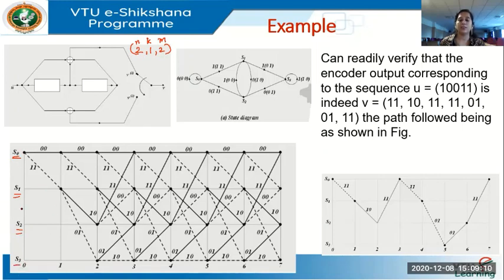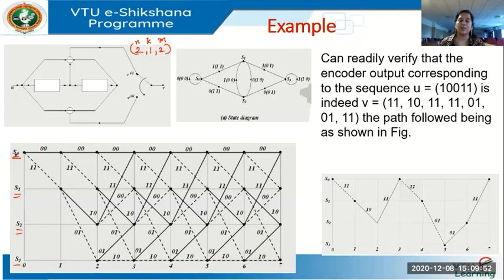All the 4 states should be taken one below the other, and you draw straight lines corresponding to each. As I told you, we start off with time 0, then 1, then 2 till 7. We said since we have a 5-bit input, we'll consider the timing from 0 to 7. Now, at the 0th instant, these are the 4 states which are there, or let's say we always start off with state S0, the all 0 state. Remember, the convolutional encoder will always be in the all 0 state, and we always start with this state.